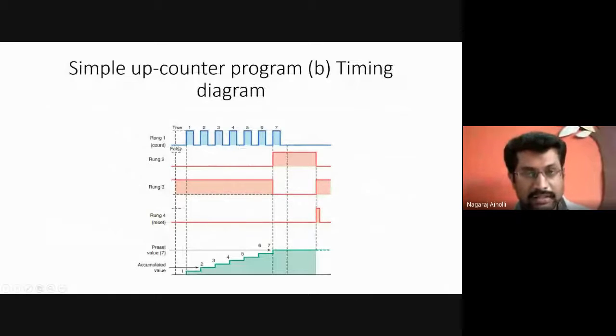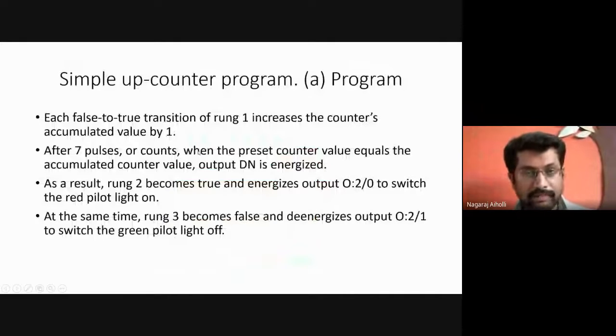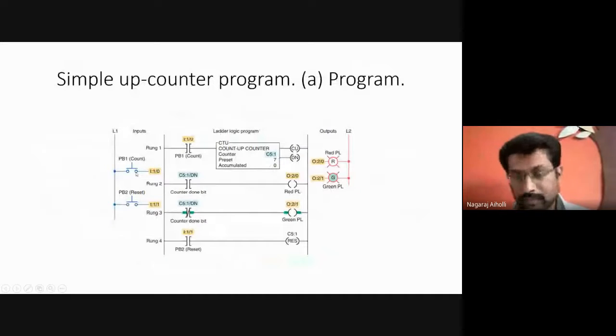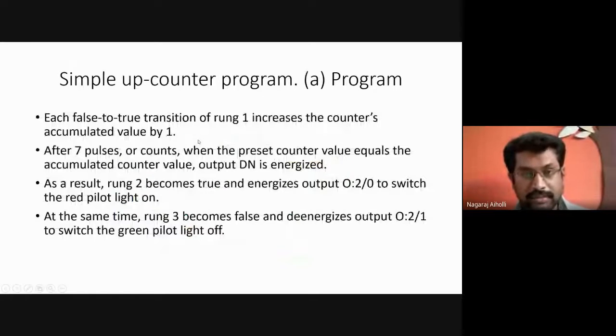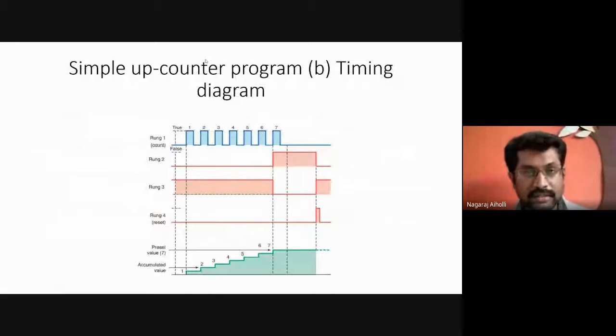Here, as you can see, this is the input condition, that is, the rung becoming false to true. Every time we press this PB1 switch, the rung goes from false to true state. That is why this is shown as a false to true transition. These are the pulses, called 0 to 1 pulses: 0 state, and 1 high state. This is as good as clock pulses. Then, as it goes from false to true transition, it has counted up to 7.